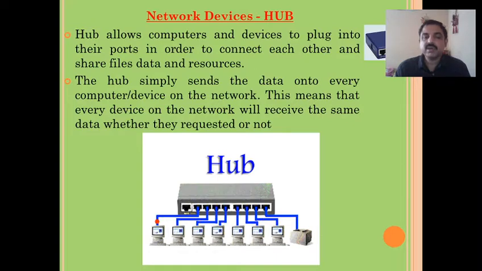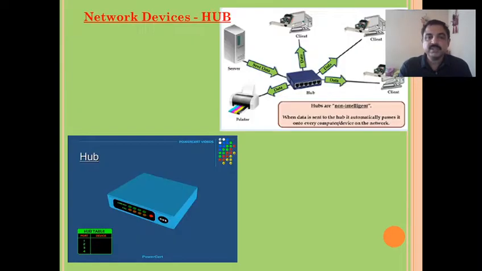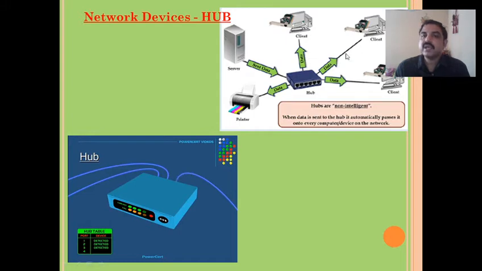There is another device called a switch. There is a small difference between these two devices. First, let us see what a switch is. But before that, just see this picture of how a hub is connected. The cable will be connected to the hub in this manner. For example, if you are sending data from the server, it will be broadcast to each of the clients, whether they requested the data or not. Clear?